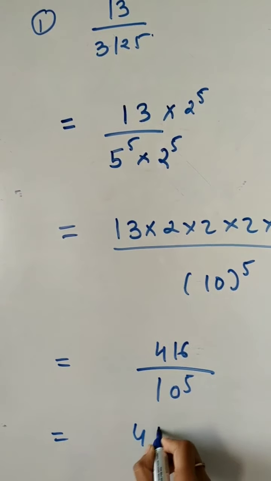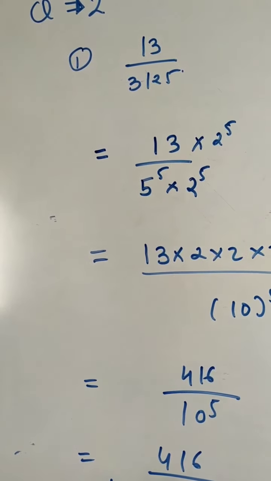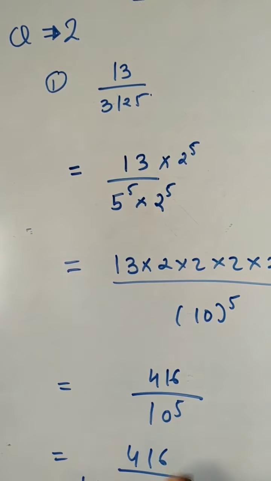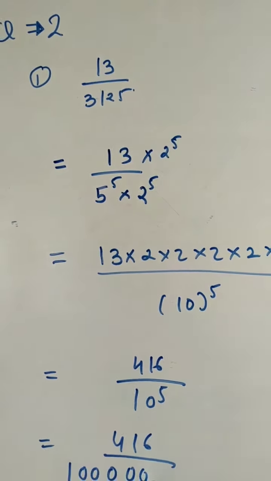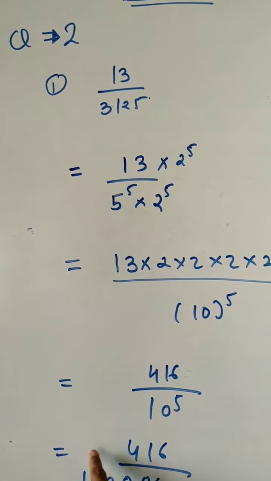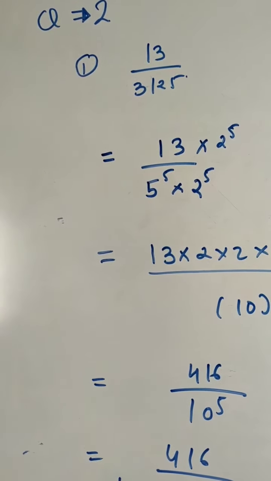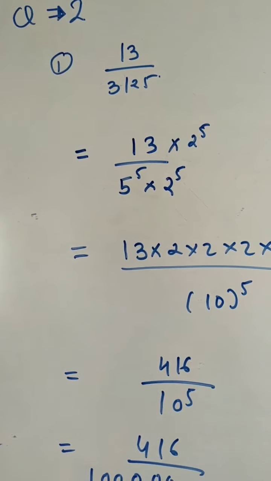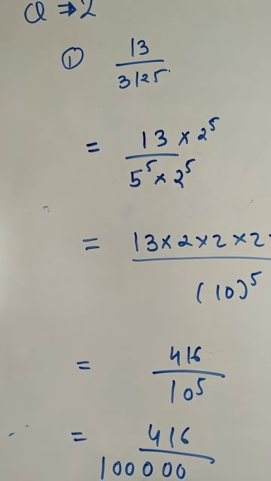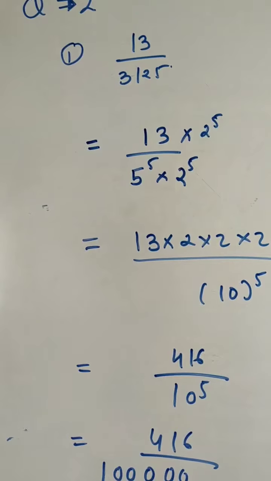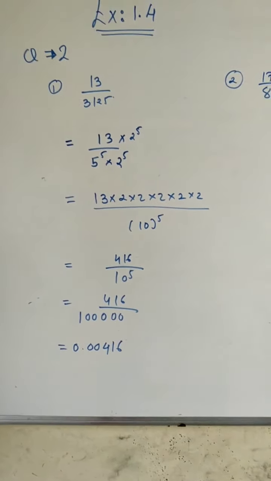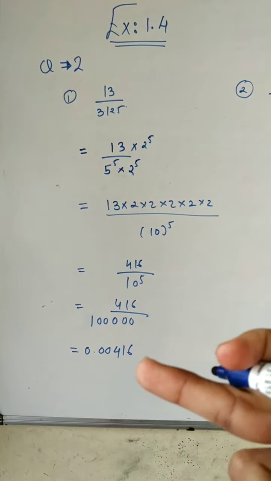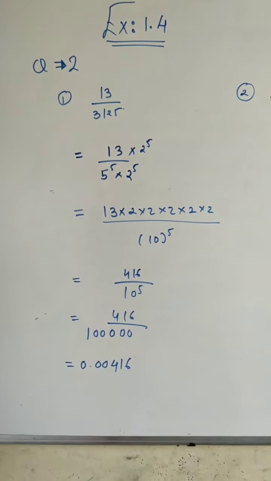Now we will convert that into decimal form. So we will write, how many zeros are there? 5 zeros will be over there. So we are writing like this. Now we cut the decimal point from here, meaning here we will write 0, 0 and in the place of 1 we will write our point. So it will become 6, 1, 4, 0, 0, then we will write point and 0. So here you can see we have converted this terminating number into decimal form. This process is very easy.